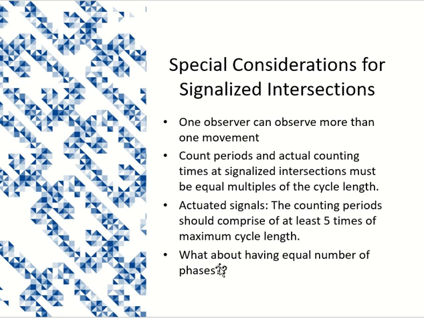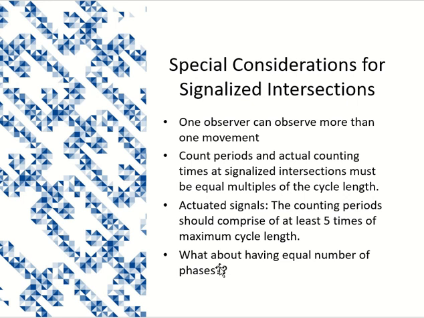Okay, or you cannot take a break of 1 minute, because the cycle length is not a multiple of these values. A 2 minute cycle length means you can count for 10 minutes with a 2 minute break, fine, or 20 minutes and a 2 minute break, fine, but it should be a multiple. Cycle length should be a multiple of the counting and break period.